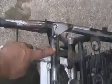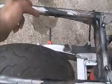Another thing I'm going to do is the tube there, I'm going to get another one of them, and where I've had this loop welded on, I'm going to put another one across there to brace that bit, and also that'll be a place for me to put brackets to hold the seat pod on as well. So the others are under the tank. I've put the tank on just to see if it interferes with it or not, and as it happens it doesn't. So I'll take the tank off now,